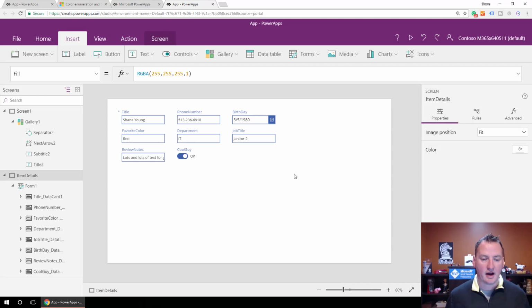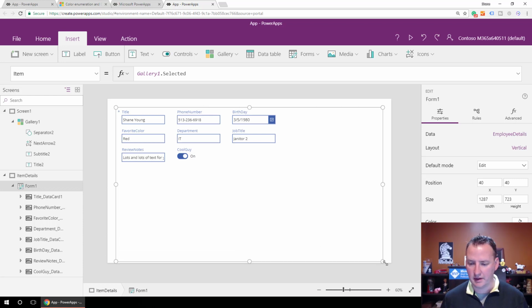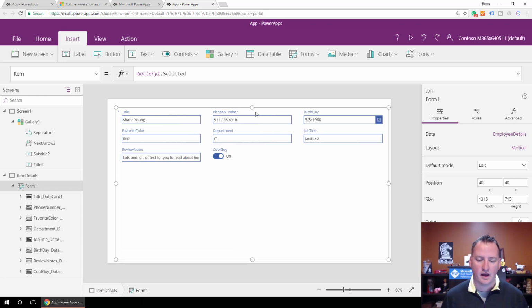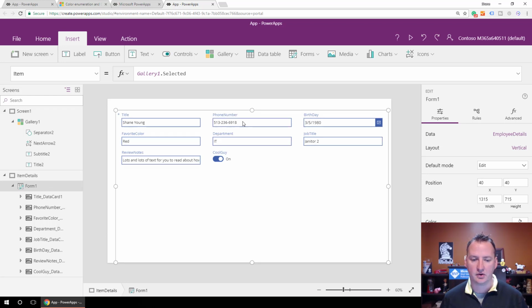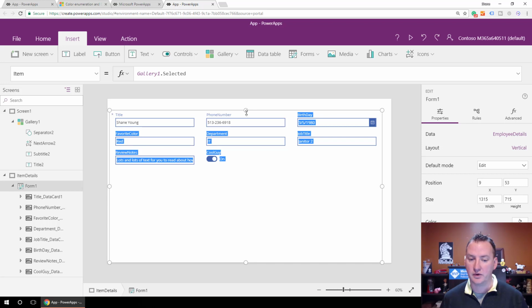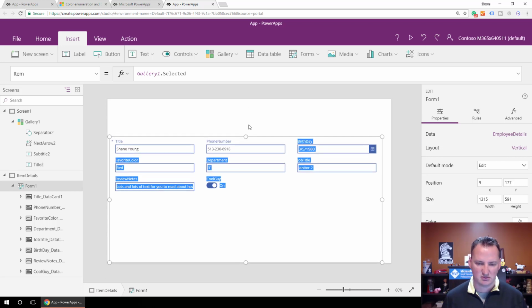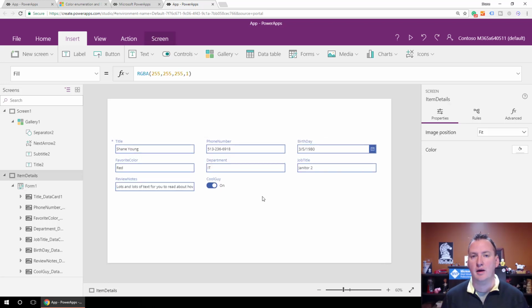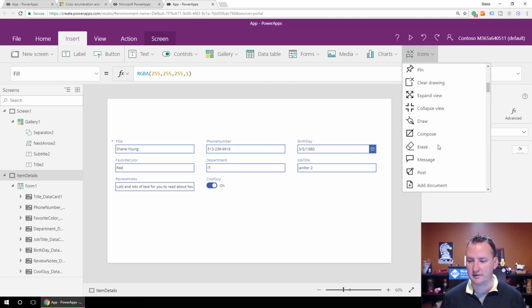All right. So there we've got our basic form, showing us what's in our lists. Nothing fancy there. Now one of the questions I got earlier is how do I move this stuff around? I want to get a header at the top of the screen. What's in the way? Well, you click on form 1, and then you can grab it and move the whole form around as you see fit. You can also resize the form, make it a little smaller. So that gives us that room, because the question I had was how do we make the header at the top? So now I'm going to say icons,